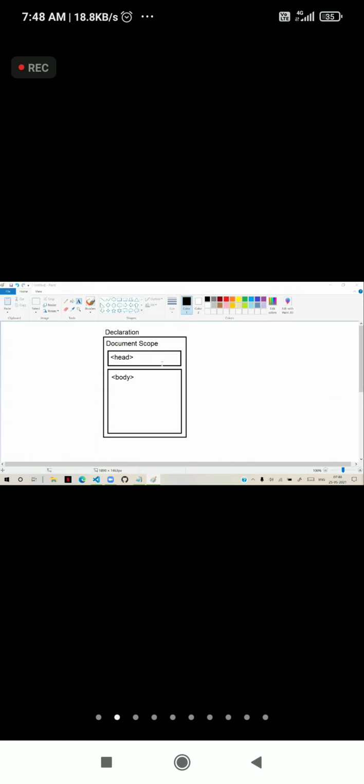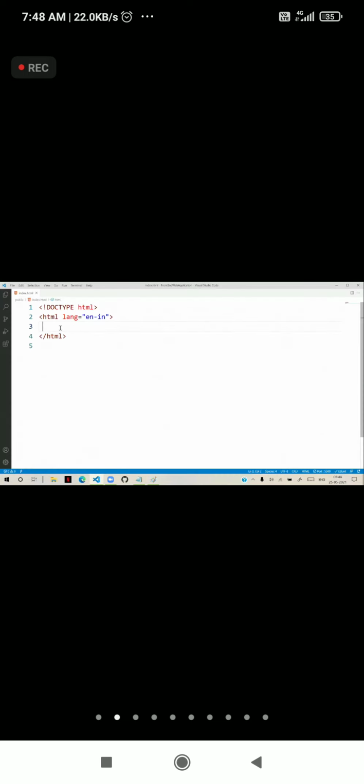So what is the purpose of these head and body sections? Inside the document scope, the head section is defined by using head and the body section is defined by using body. These two are the major ones. Inside head, some contents are present. Inside the body section, some more contents are present.